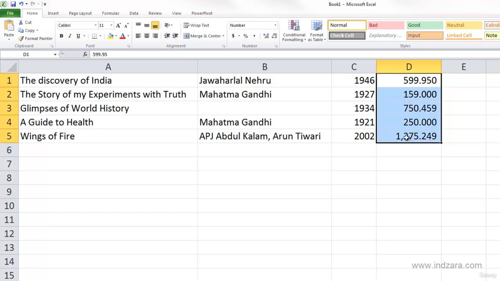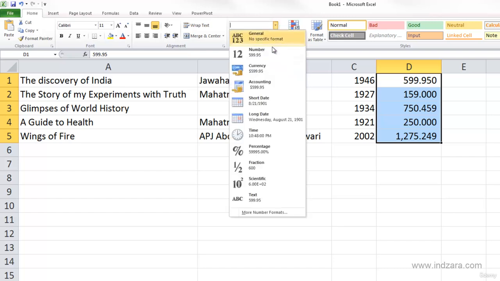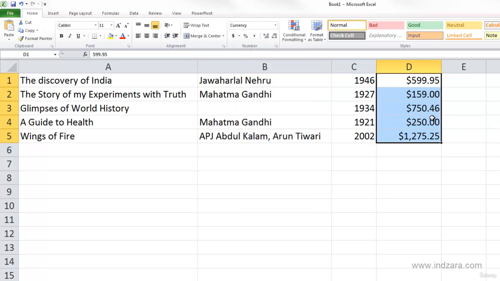I have selected cells D1 to D5, and you can see here that they are in number format, and I can change them to currency. I can either go this way and then choose currency here, and you can see a preview of how it will display if I choose this currency option. So let's say I choose currency, and immediately you can see that there is a dollar symbol that appears before my numbers. And because dollar is the default currency I have in this installation of Excel on this computer,